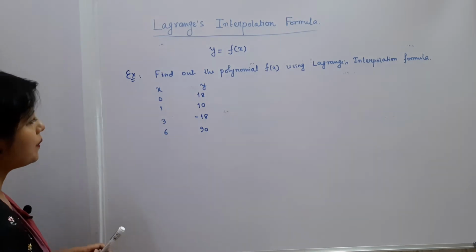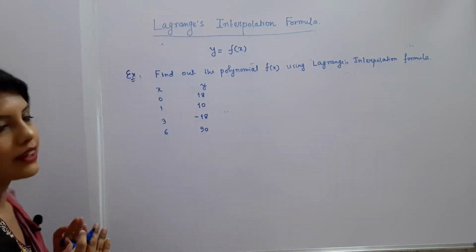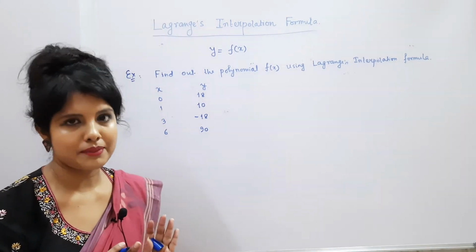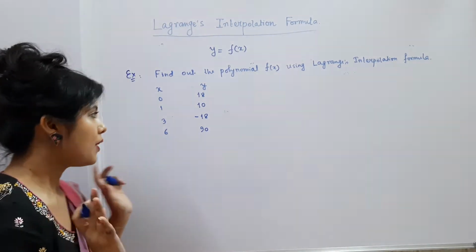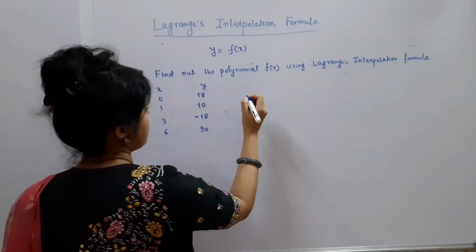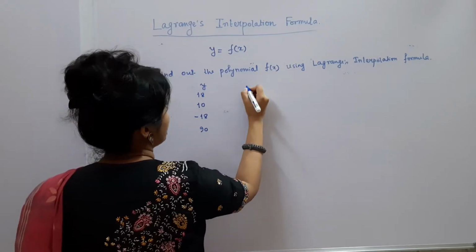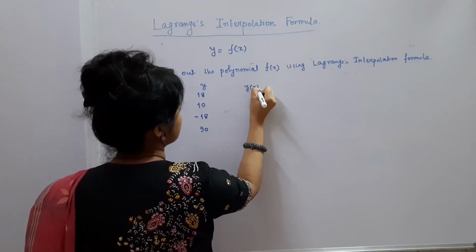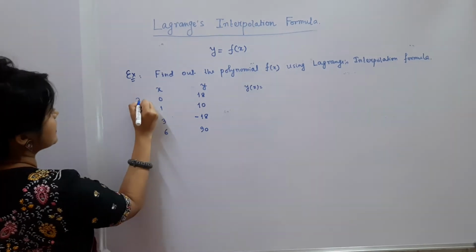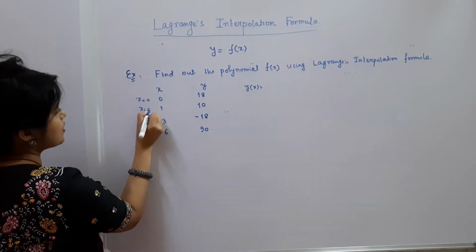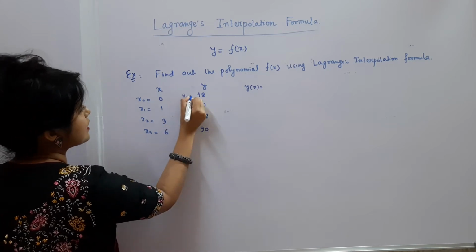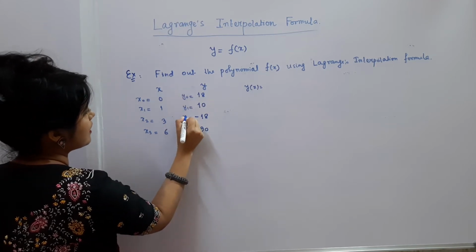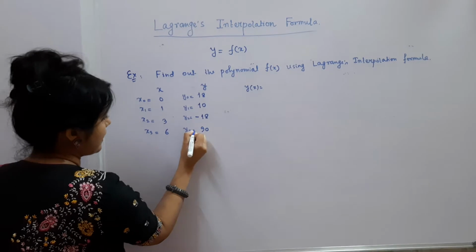Now, I have to find out the polynomial. So, nothing is to be estimated for any value of x. You have to find out only the polynomial first. So, first I am writing the formula, that is y of x equal to, so this is x0, this is x1, this is x2 and this is x3 and this is y0, this is y1, this is y2 and finally this is